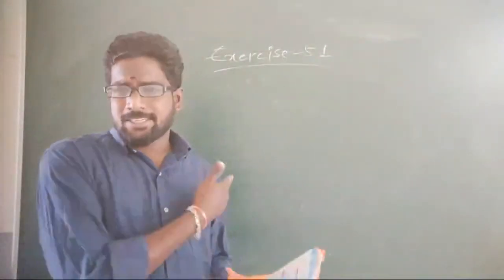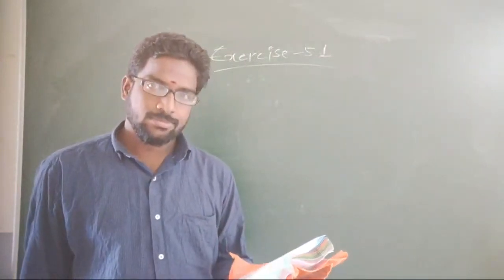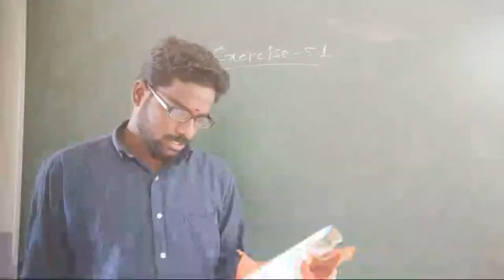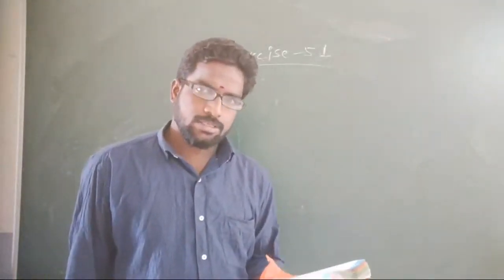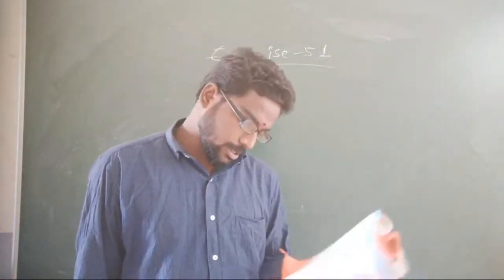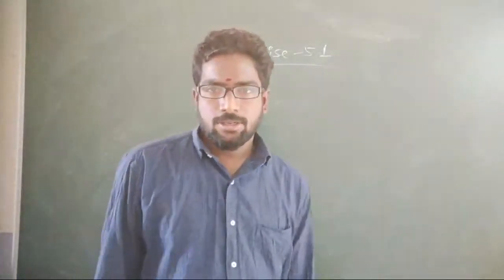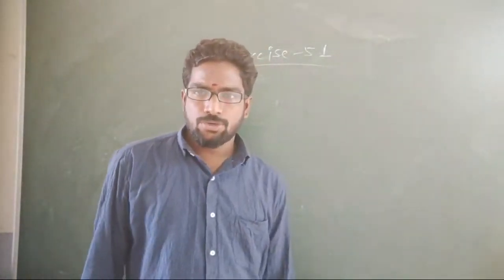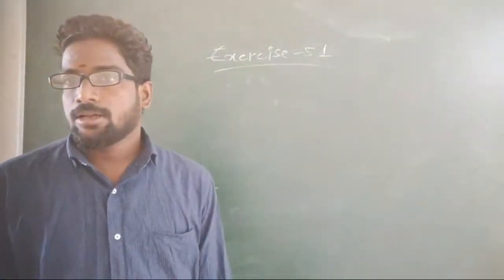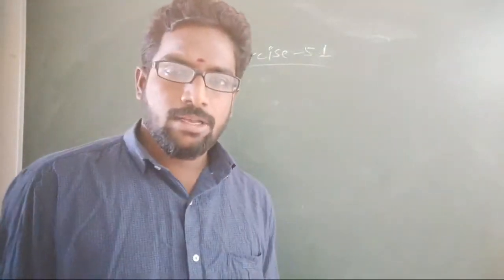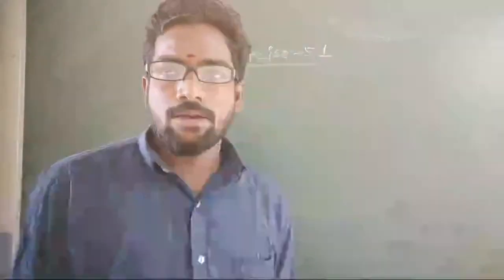Okay, of course, I didn't write anything on the board. Third question. Measure all the line segments in the figure given below. Means below has given one figure. Okay, I saw that figure just now. And arrange them in ascending order of their lengths. So we have to measure their lengths. How will we measure their lengths? By using the ruler. After measuring their lengths, we have to write all their lengths in ascending order. Ascending order means small to big.